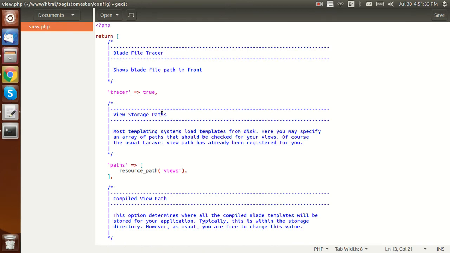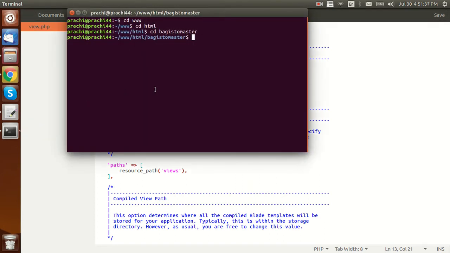Now we need to go to the terminal, and on the terminal you need to go to your project root and run two commands. Because I am already on my project root, once you are in your project root you need to run two commands.